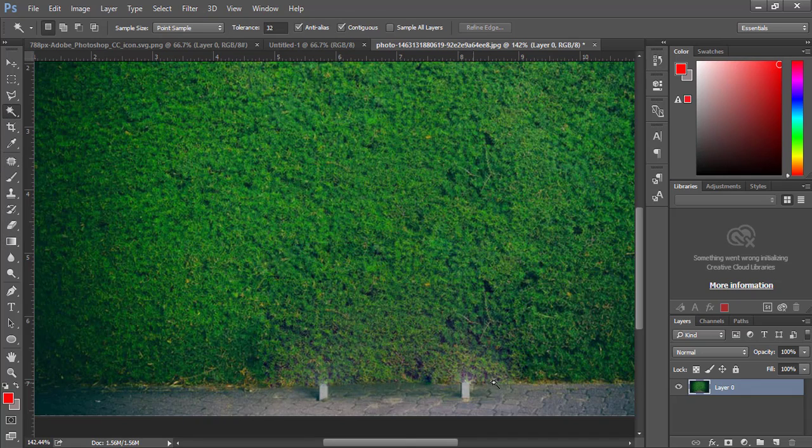Alright guys, so we still have the foot of the chair remaining. You can still use the patch tool to remove this, or you can use the clone stamp tool to remove this, guys. With the clone stamp tool, you hold down alt to select the area that you want to clone, and you just